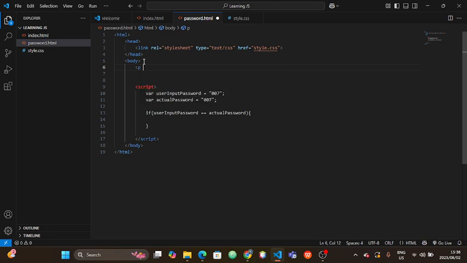Now, what we're going to do here is, if the password that the user input matches the actual password, then we're going to say something like your password is correct. So we're going to type document dot getElementById, and the ID here in this case is output, dot innerHTML